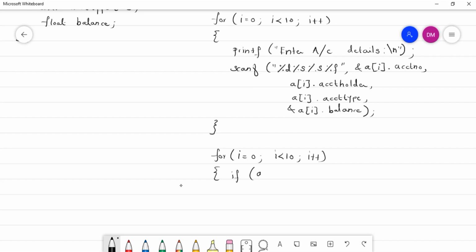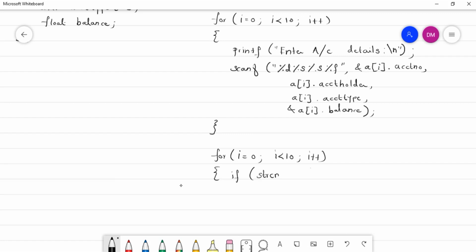So my array name is A of I dot account type, right? But account type is of type what? Account type is of type string, right? So I have to use string compare function there, right? So let me use it.